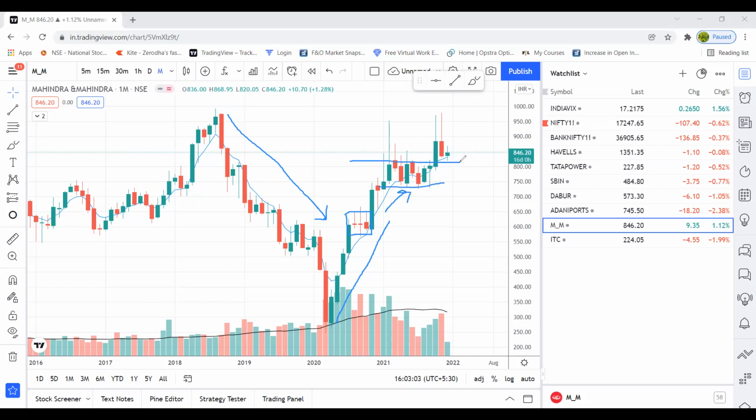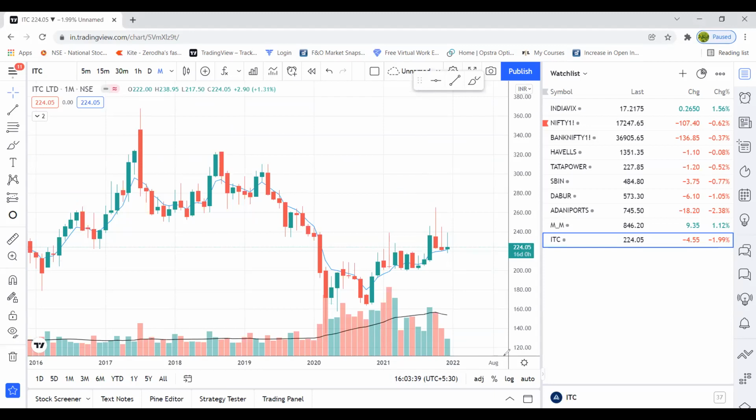And here it was in a particular range for around 5-6 months from 750 to 800. And now it's testing the previous levels of 2019 and 2021, one of this year, that is 950. It's testing the levels. So if it breaks this, then it would definitely go higher. So guys, looking for a bullish trend, it will have to break the 900 level for you guys to go upwards. And next, let us look at ITC.